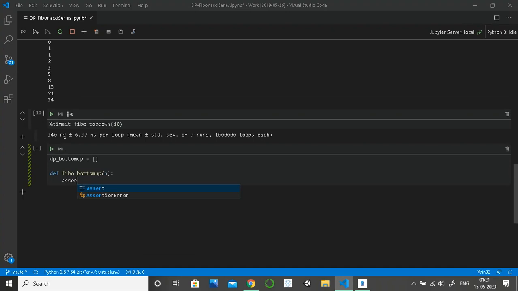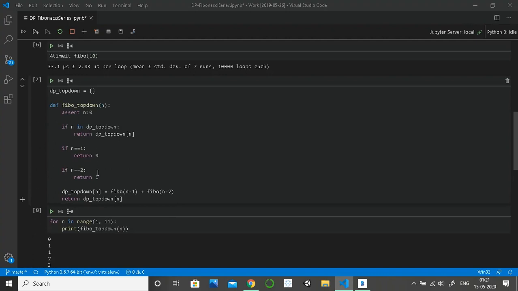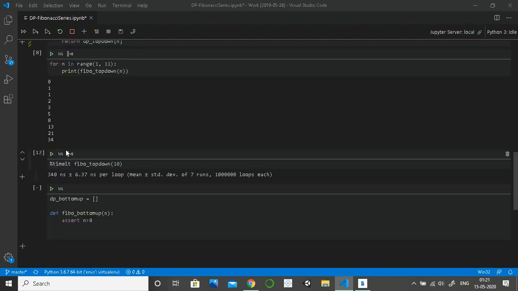Let's add the assert condition just like we did above, n should be greater than 0. Then, as you know, we had some base conditions. Instead of writing them in the function, when our n is 1, we will return 0. When our n is 2, we will return 1.